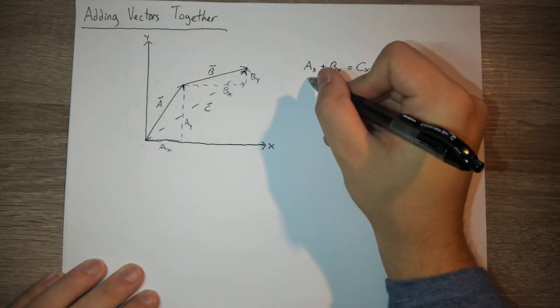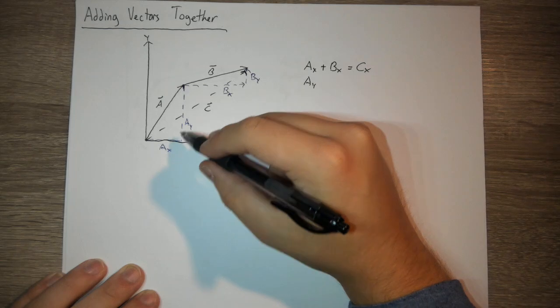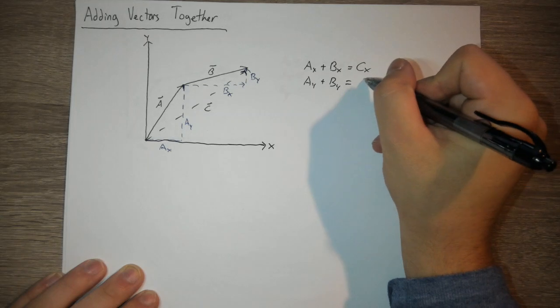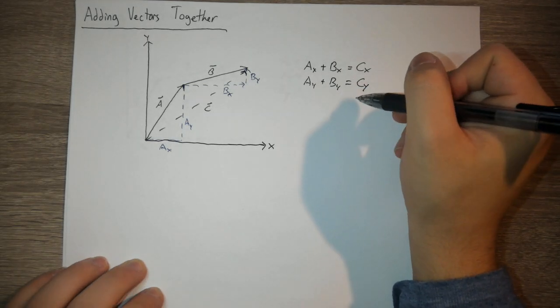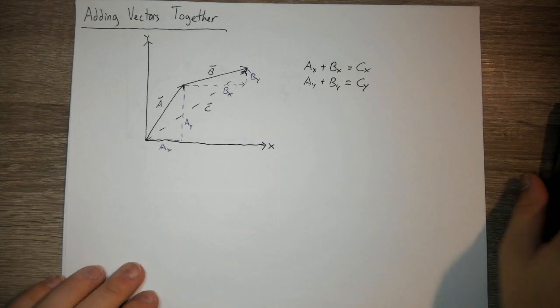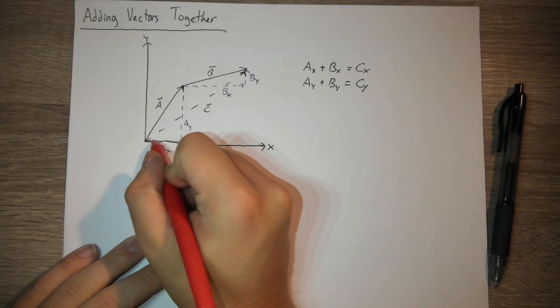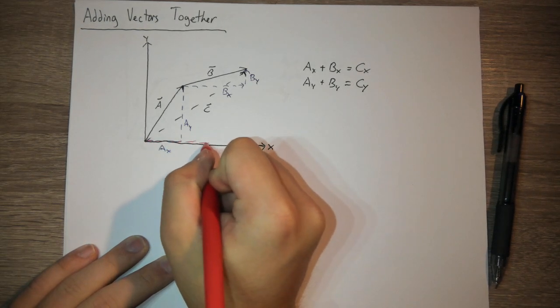Then the same goes for y. Add the y component of A and the y component of B, and then you get the y component of your resultant vector. So if we draw that out, let's do it in red, you get this,